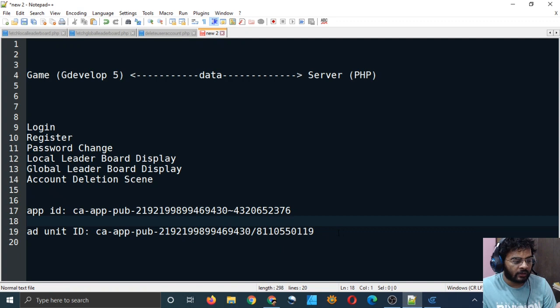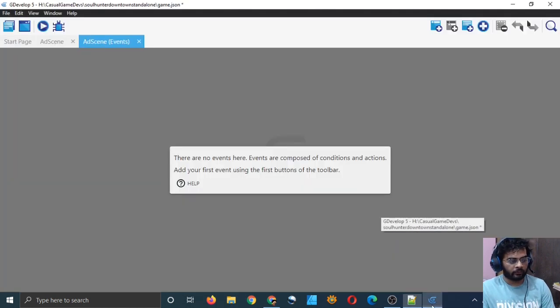But that's what we are going to do. We are going to be implementing this ad, I mean Google Ads. So when your app sends the request to the Google server for the first time to get the ad, then they will be able to verify your account. That's how you can verify your account, as far as I remember, right? But at the end we will have to get these two, app ID and ad unit ID. Maybe we will need some more things also, we will see that in the future.